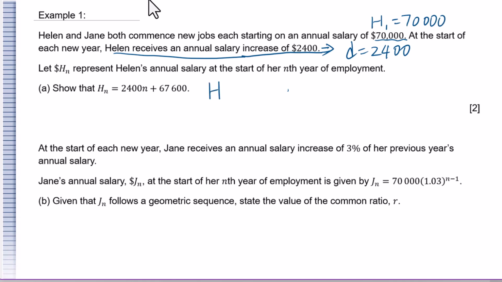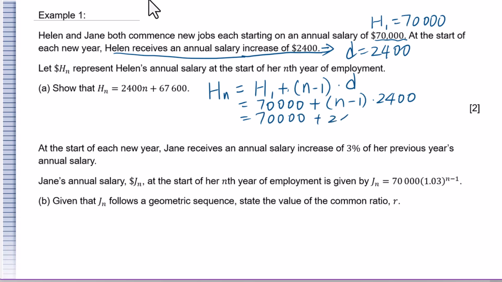So H sub n equals H sub 1 plus n minus 1 times D. Substitution: $70,000 plus n minus 1 times 2,400. Simplify: